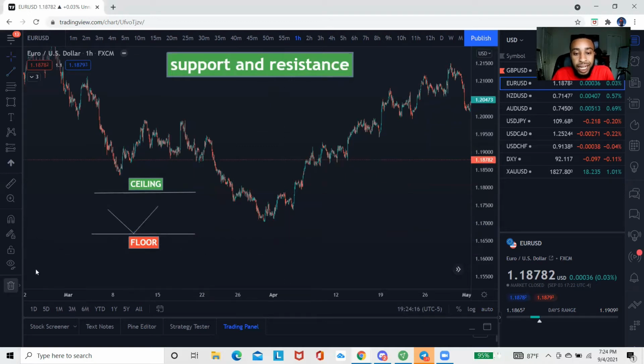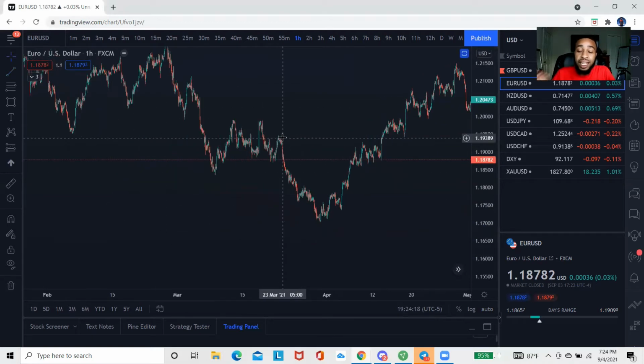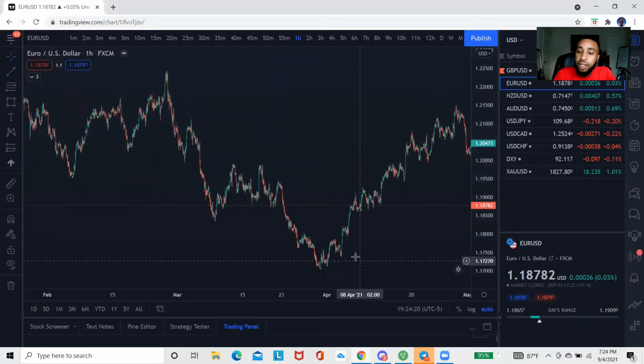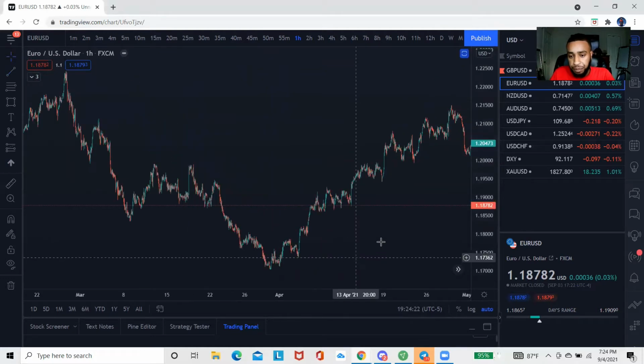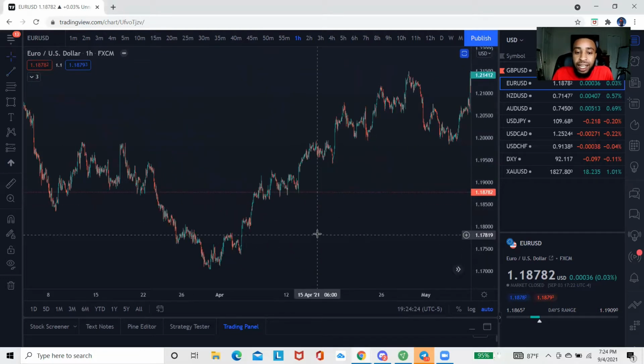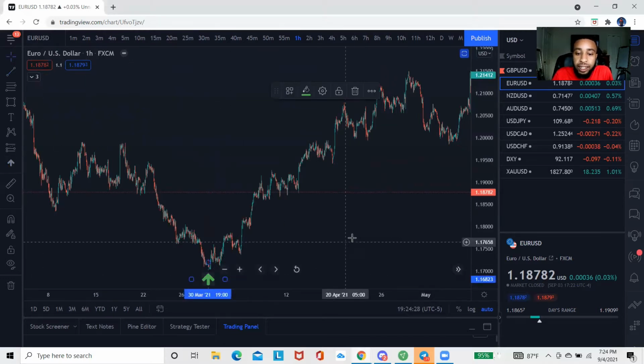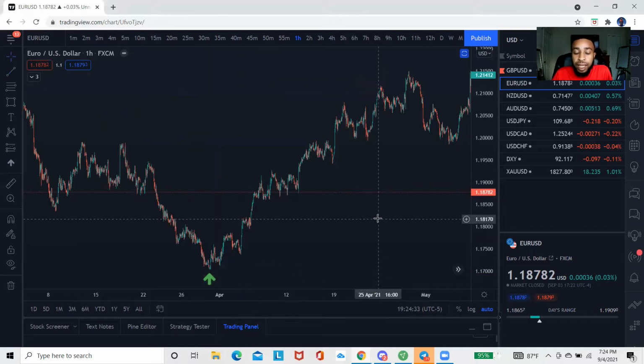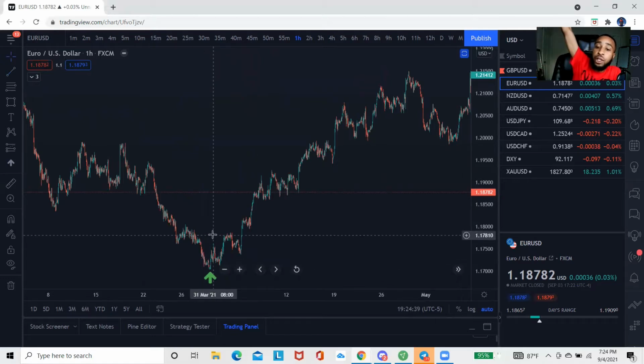Now that you guys understand the concept of support and resistance, let's look at some real examples on our actual chart. I'm going to start identifying for you guys some support and some resistance. If we look right here, this is going to be a support. How do I know that this area right here represents a support? Because if you guys notice, this is the last floor before the market took off,